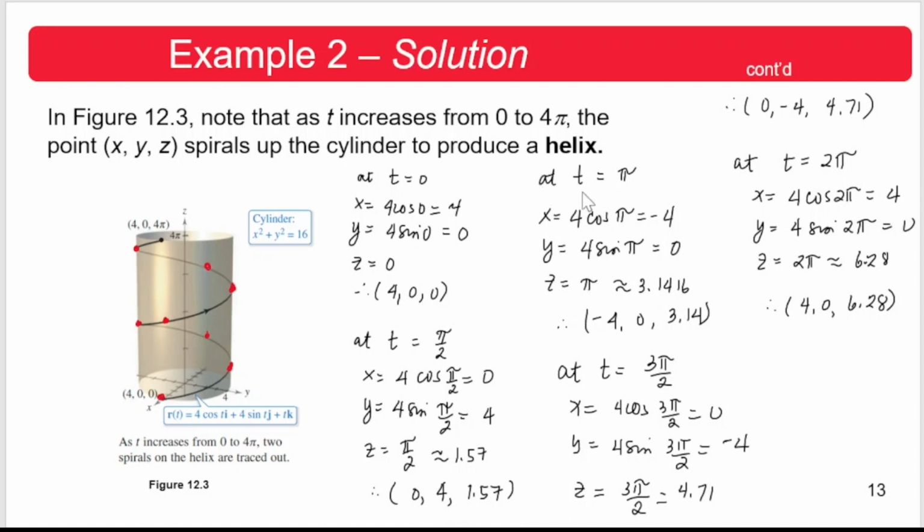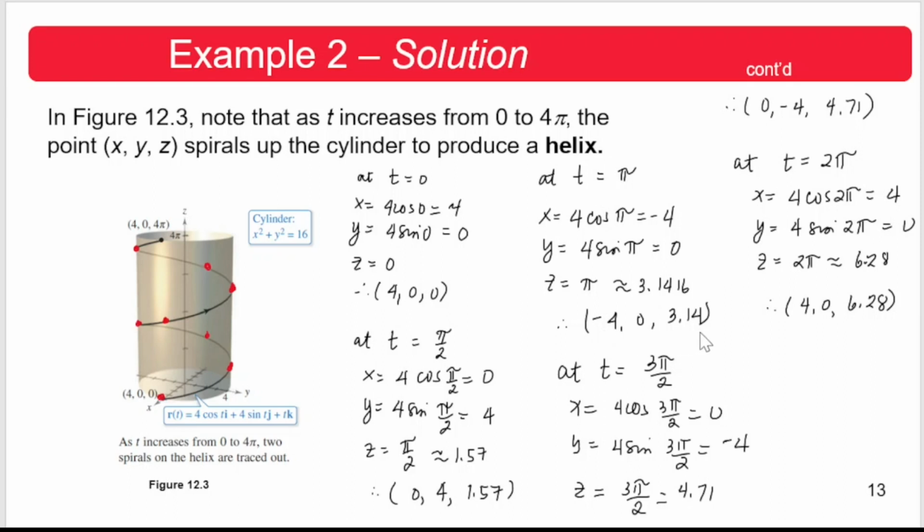So we do the same. We assign a value for t. Let's say t is pi. So x is 4 cosine pi, but cosine pi is negative 1 times 4. So we have negative 4 as the x component. For the y coordinate, it is equal to 4 times sine of t, but t is pi, and sine of pi is 0 times 4 is 0. For the z coordinate, recall that z is equal to t, where t is pi, and pi is approximately 3.14. So the corresponding point when t is equal to pi is the point with coordinates negative